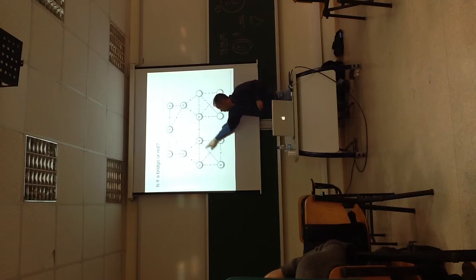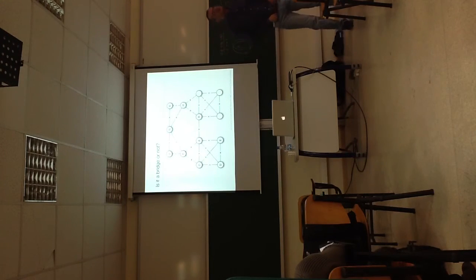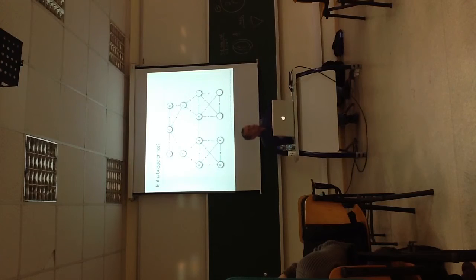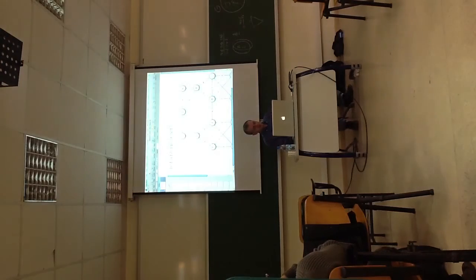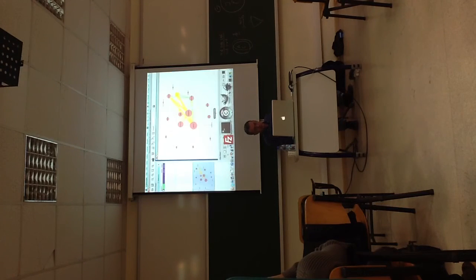But who's going to use this road? Only A and D will be using it. Would anybody else be using it? No. Nobody will like to use it. It's too far away. So this is what edge betweenness is. It tells us how many times that edge will be visited, will be passed, will be traversed in order to go from one place to the other. And this is giving me